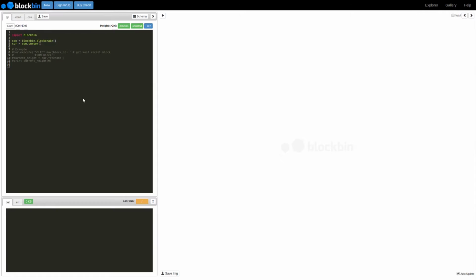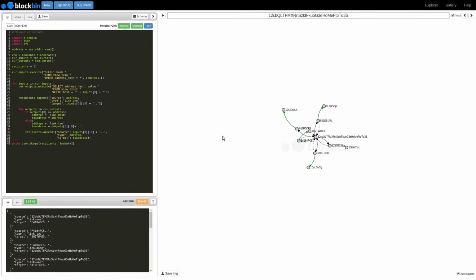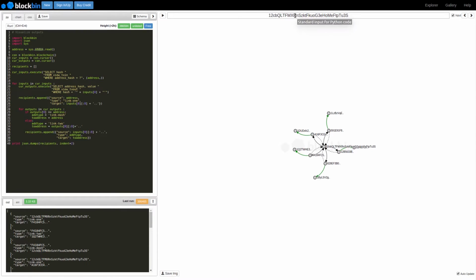Now let's go all the way back to January 12th, 2009, block height 170. This block is famous for containing the very first transaction on the network, which was from Satoshi. This code snippet reads from standard input, which is over here. It takes Satoshi's address and renders the transactions and the address destinations as nodes. The dotted lines represent change going back to the same address, which is also known as address reuse. But we'll forgive Satoshi for that, as I suspect he was only testing.